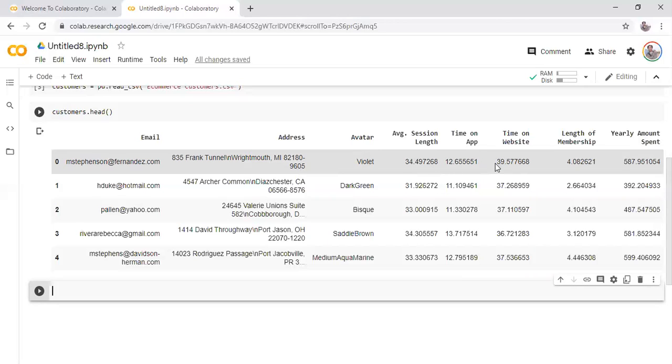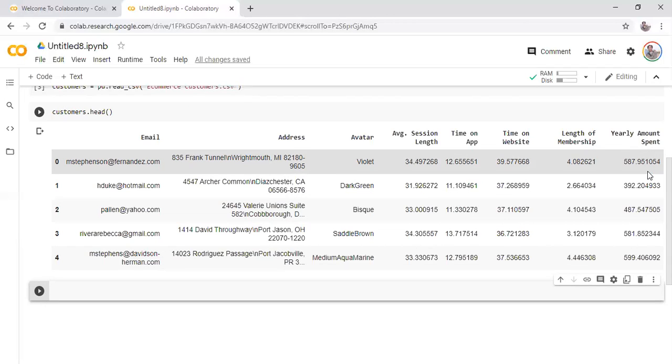This is the average session. Then time on a particular website, maybe that app is bringing in data or visuals from multiple websites. Then how long each email ID or each client has been a member. And what is the yearly amount spent by each customer? Make sense? Okay, this is the data we have.